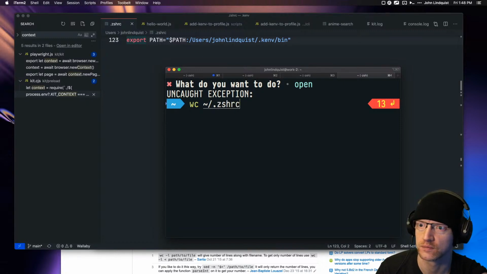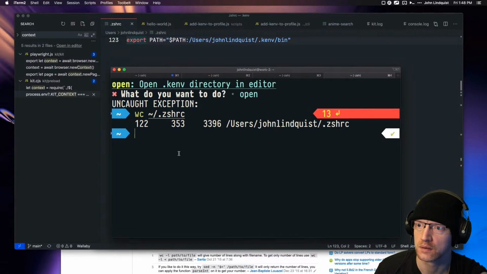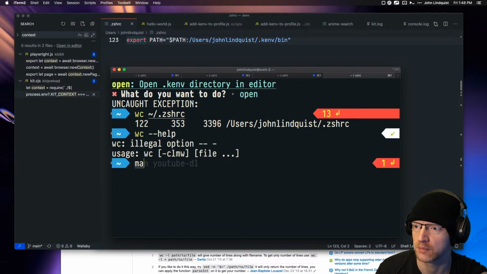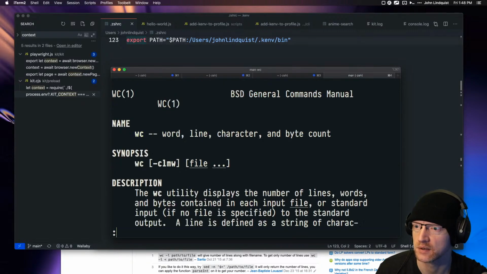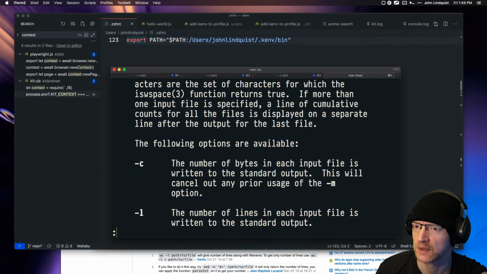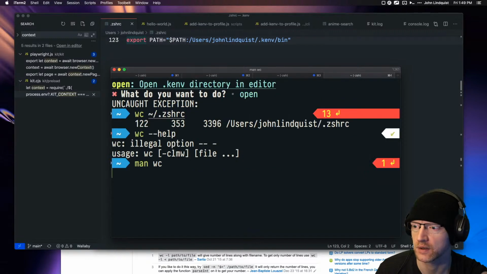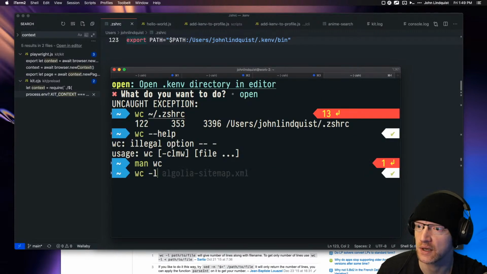That's all. Interesting. WC help. man WC. The number of lines each is written to the standard output. So L. Okay. WC L, and then